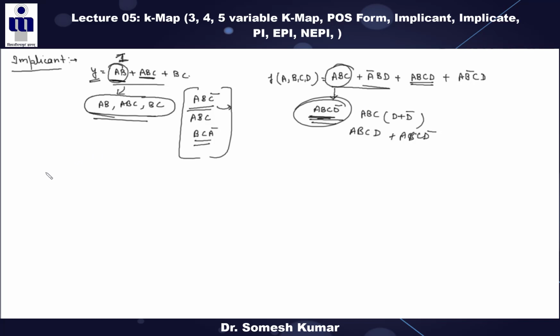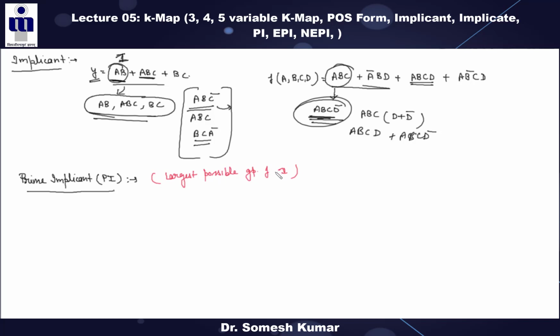Now in this particular topic there is one more term that is called the prime implicant. 100% one question will be asked from this topic in your exam, minor or major, right? So prime implicant is also represented as PI in various books, right? PI means the prime implicants, right? So it is basically the largest possible group of one, largest possible group of one. What is the meaning of this?